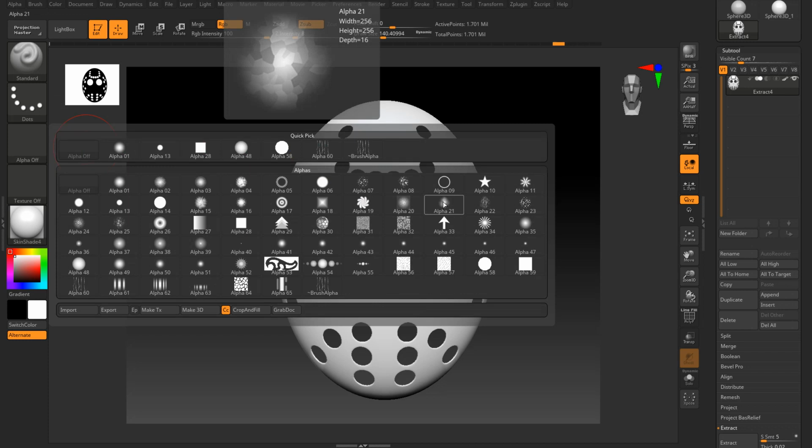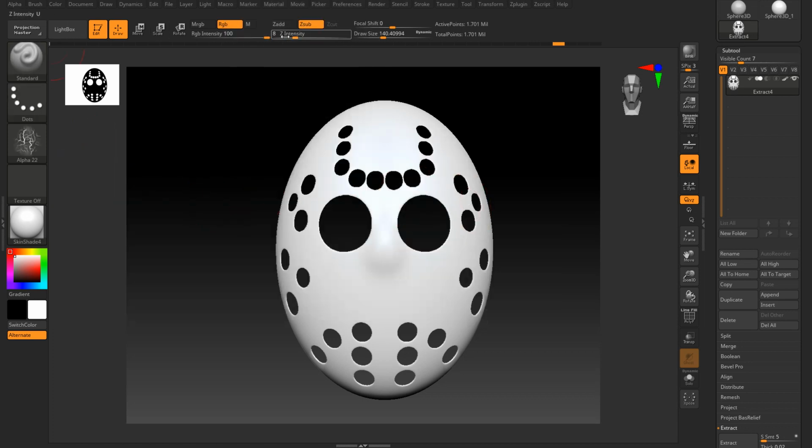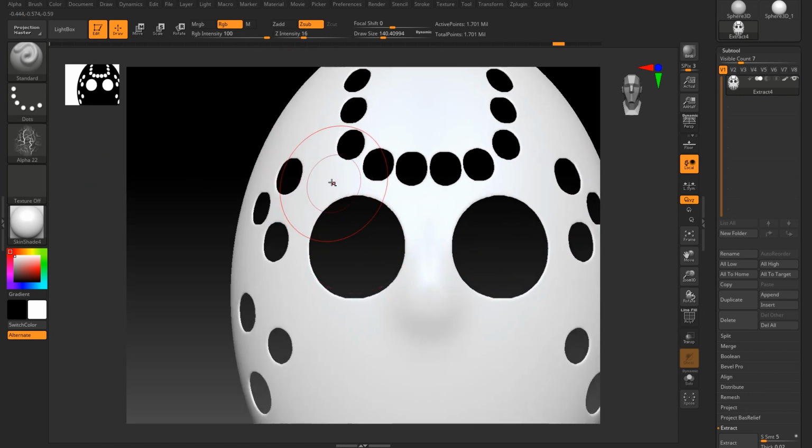So the alpha I'm going to pick up, where did it go? Okay, this is annoying. Oh, I found it, never mind. Z sub on, increase intensity a bit. Turn it off. I turn symmetry off. One more thing, drag rectangle. So as I drag it on,